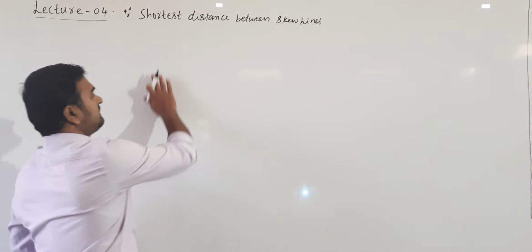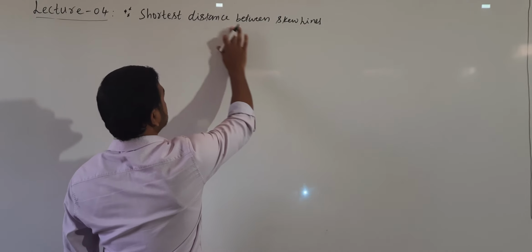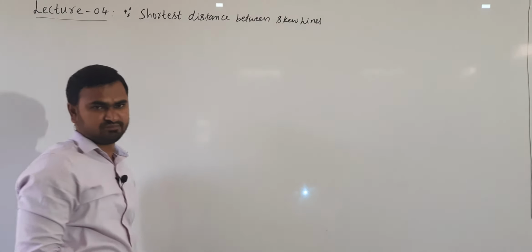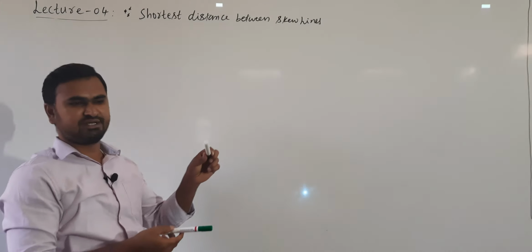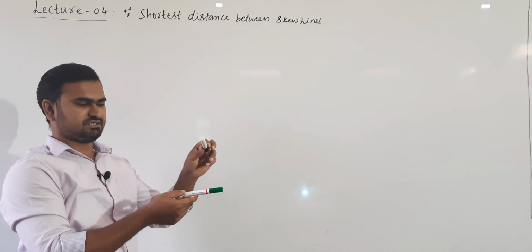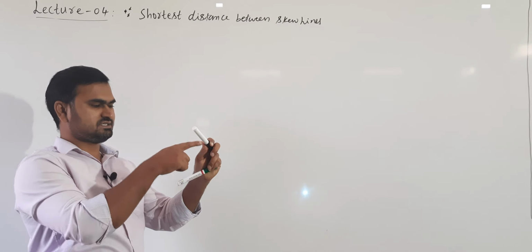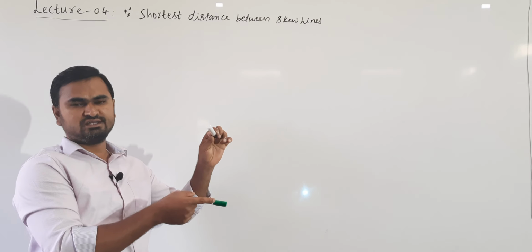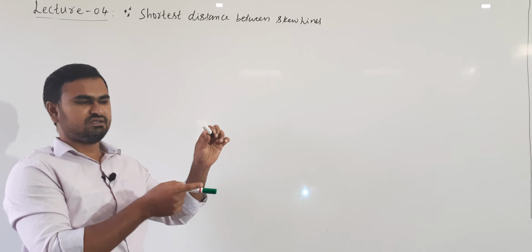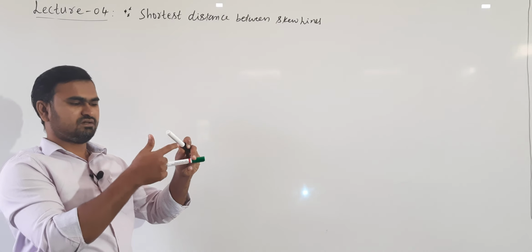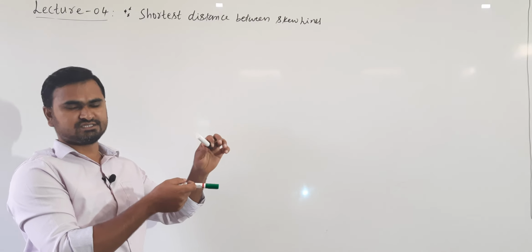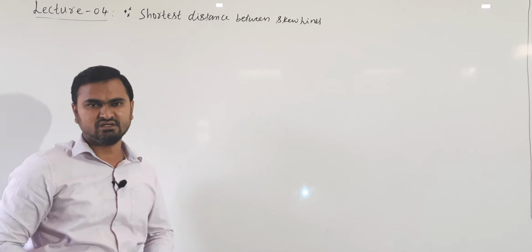Okay. Now, how do we take the shortest distance between these skew lines? Many distances will be possible between two skew lines. Now, out of all these distances, assume that these are the distances we are taking. Out of all this, we are interested only in the shortest distance, like this distance. This is the shortest distance between the skew lines.